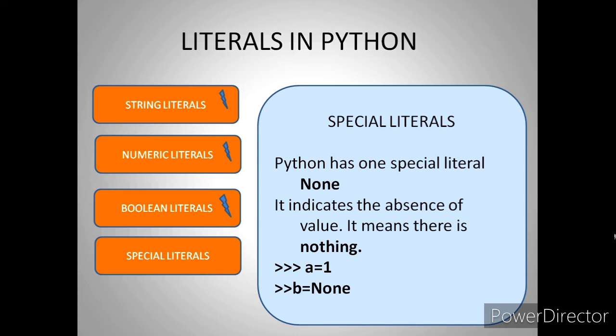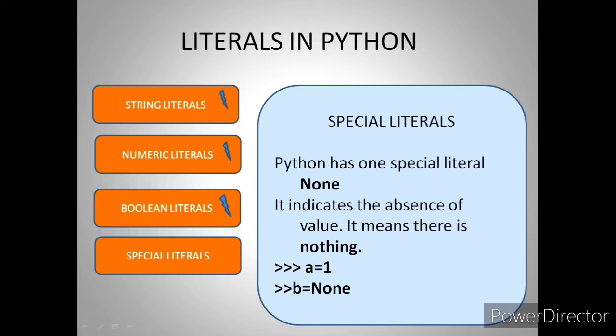The None word should always start with a capital N. The meaning of None is that when we don't want to declare any value to a variable, but we need to use that variable further in the program, then for that we have to define the variable at an early stage, so you have to start your declaration beforehand. So actually None is doing nothing, it is not assigning any value to your variable. It indicates the absence of value, it means there is nothing.